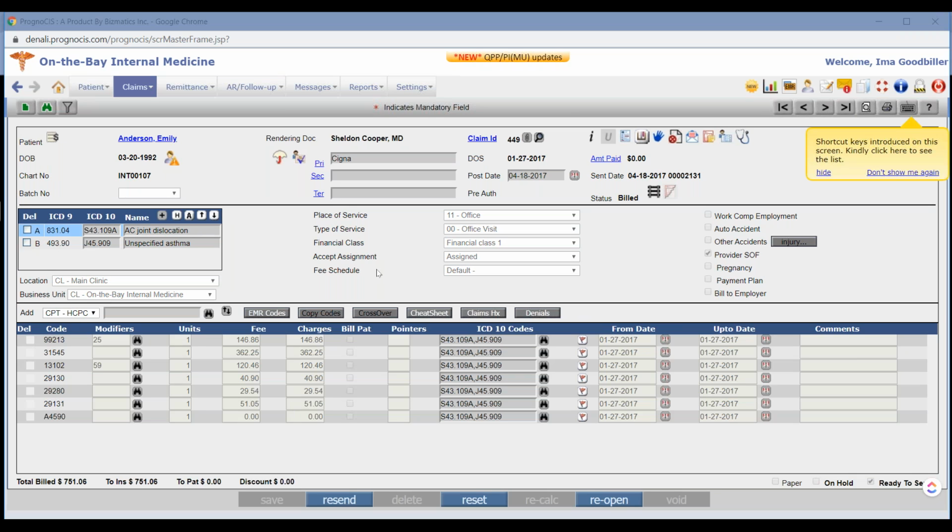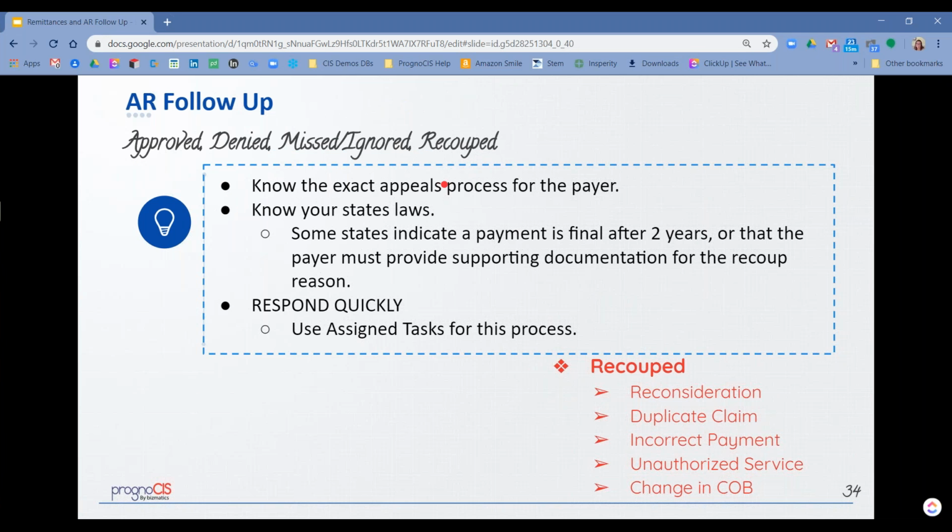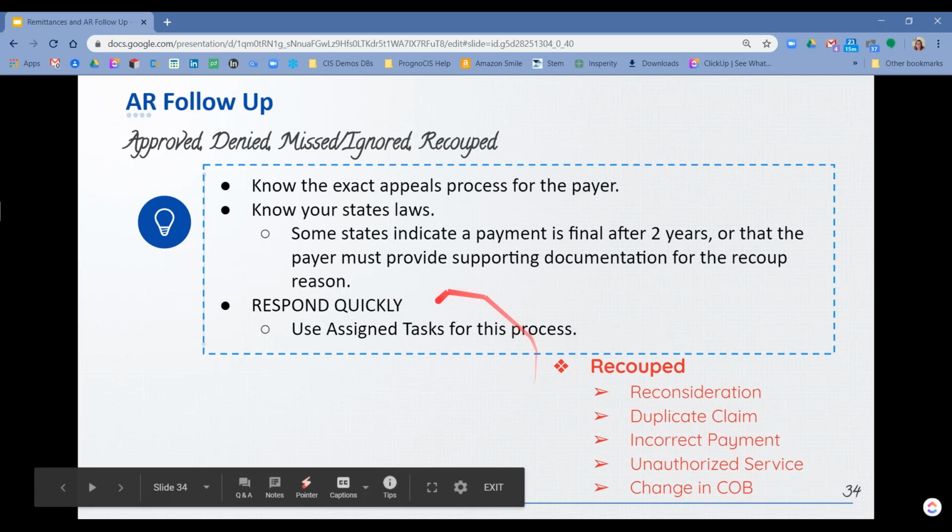The last part of this session is the recouped claims. Keep in mind that recoups are somewhat out of your control. They may be recouping something because the patient's benefits were terminated, but they didn't get the notice until later. So you don't have a lot of choice on that. You just have to work them as quickly as possible and make sure you know your appeals process